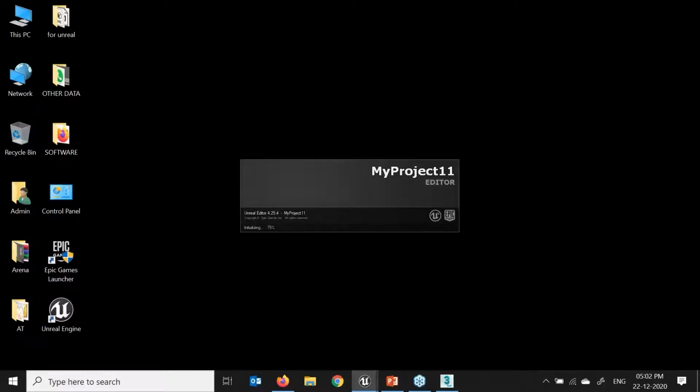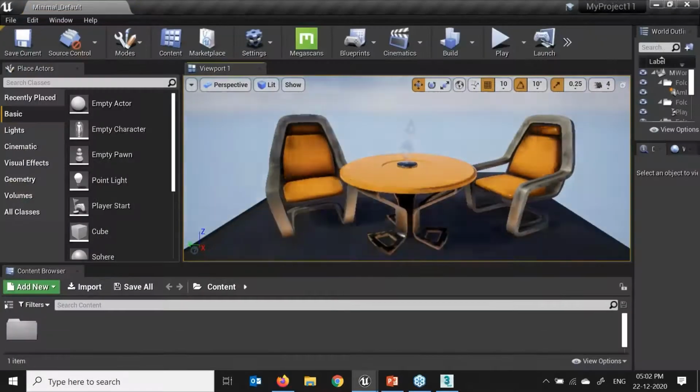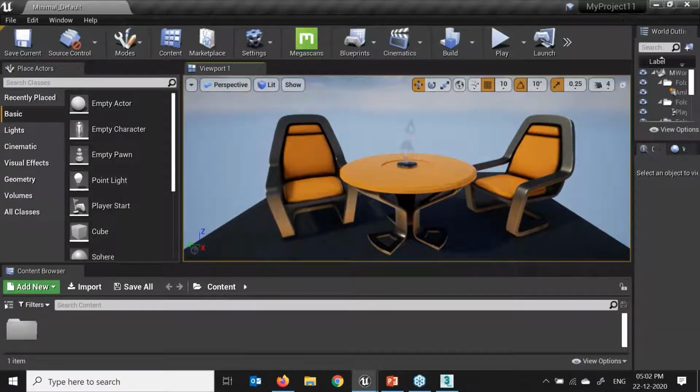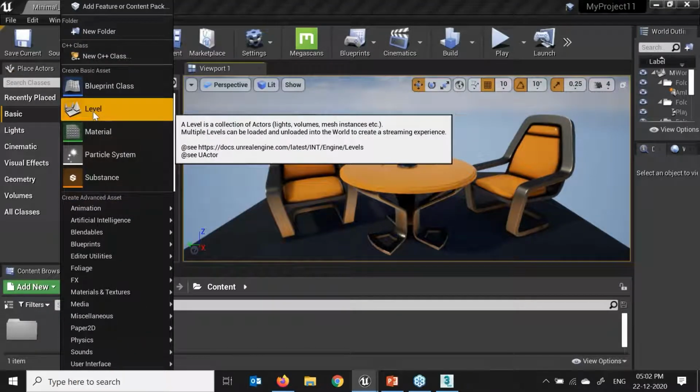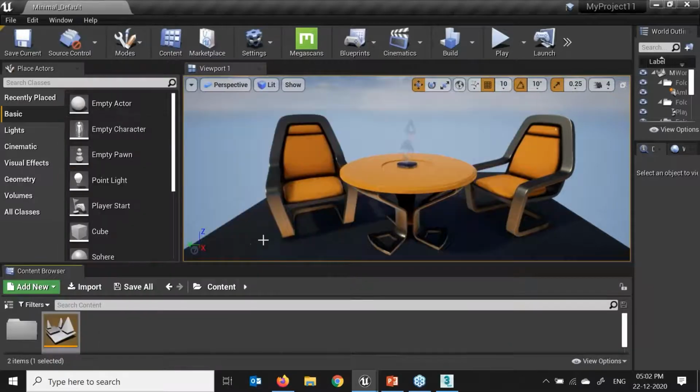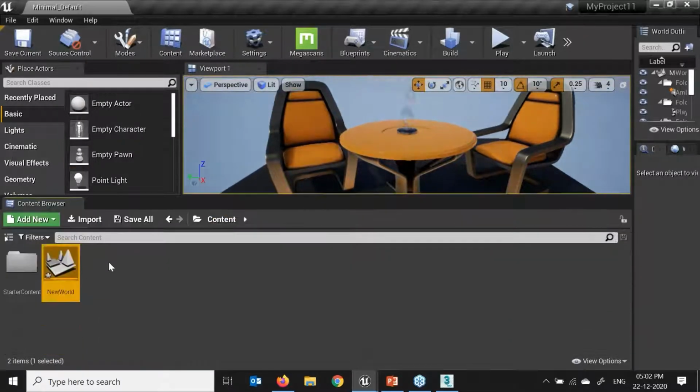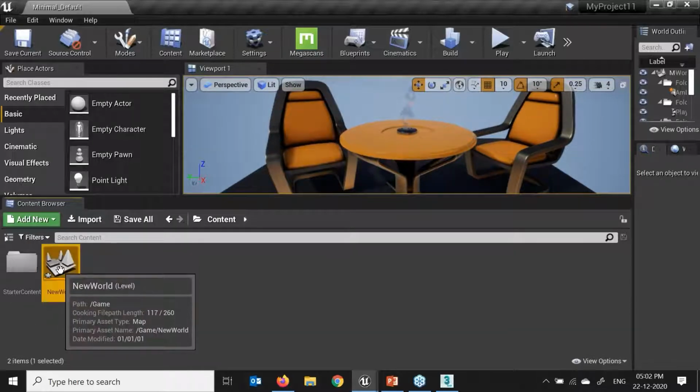So what is the importance of the level editor? Level editor is the option where we can create our own lighting setup and object setup. Like you have seen in the different templates, there are pre-made lights, projects and assets. So for the game assets, I'll click add new. Here I can add the new level. Once you click on new level, we always have to give it a name.